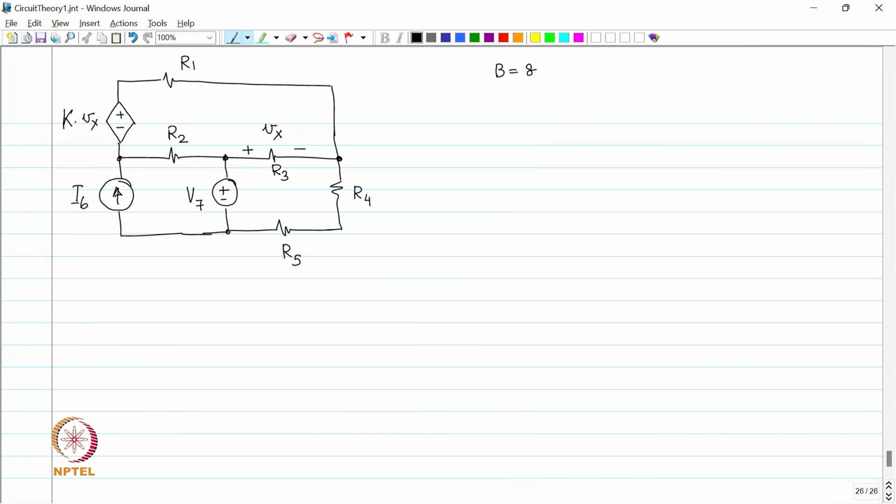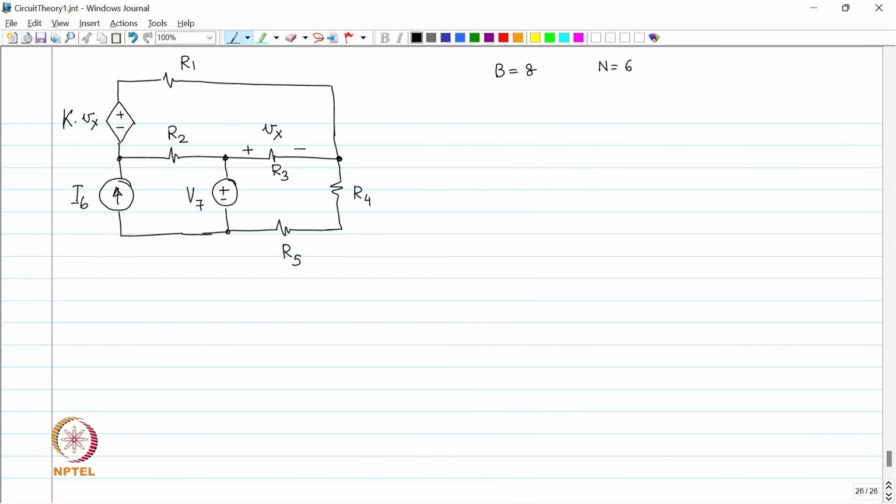I haven't counted the nodes. You can count the nodes, but what I am suggesting is I can see that there are 3 meshes. So, B minus n plus 1 has to be equal to 3, and therefore, B minus n has to be 2. In other words, n has to be 6. Can you check that there are 6 nodes including ground? So, ground and 5 more,